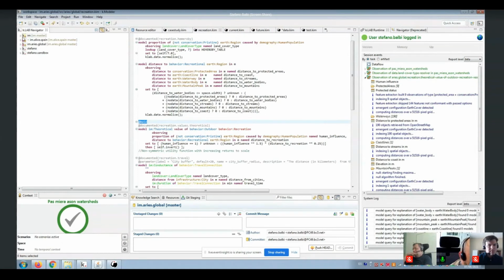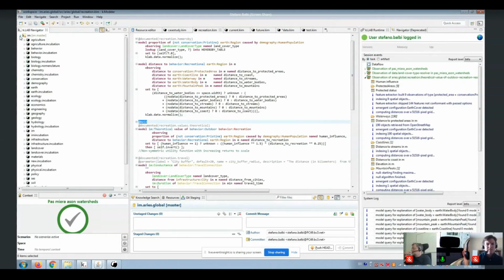So this is the model containing all the conceptual knowledge, all the ontologies, all the semantics that we use to make models interoperable. And the land cover categories, for example, that we have used are all in the land cover namespace.